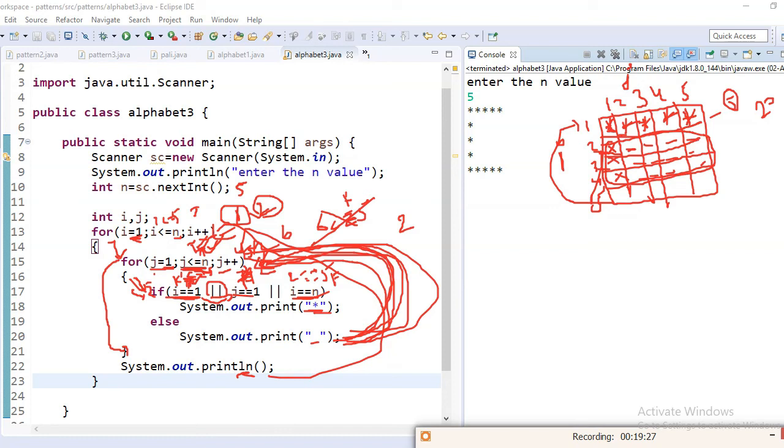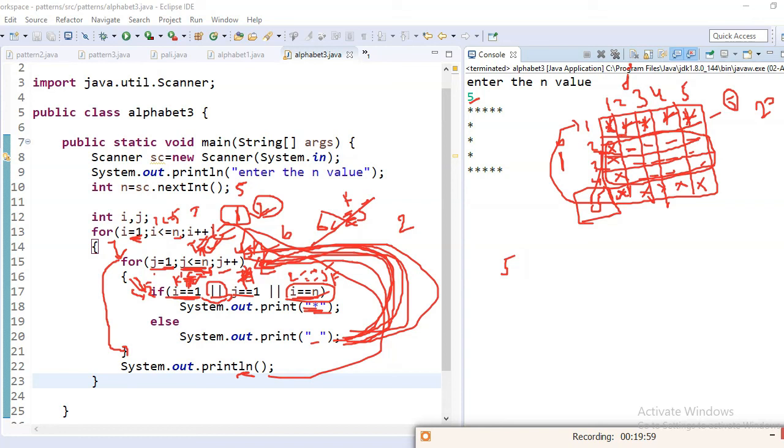So whenever i value equals 5, that means it will print the star, right? So stars will be printed in this position, okay, in this position. So i double equal to 1, that's why I have written this condition. N means final row, i is 5.